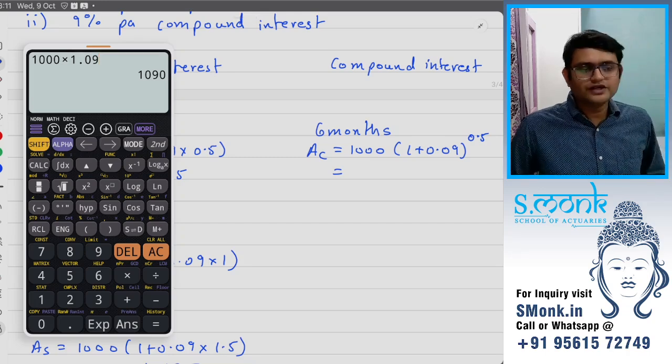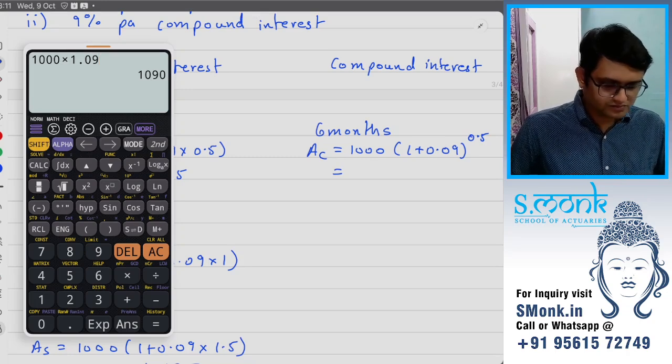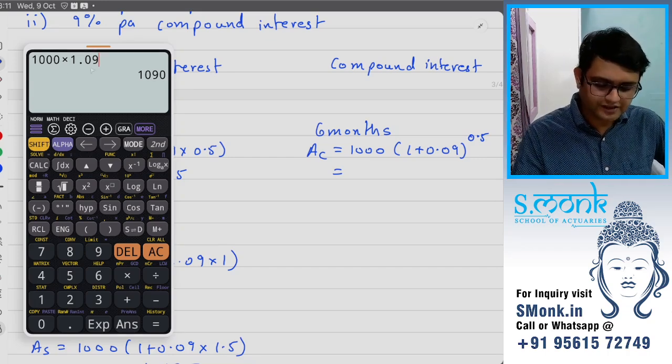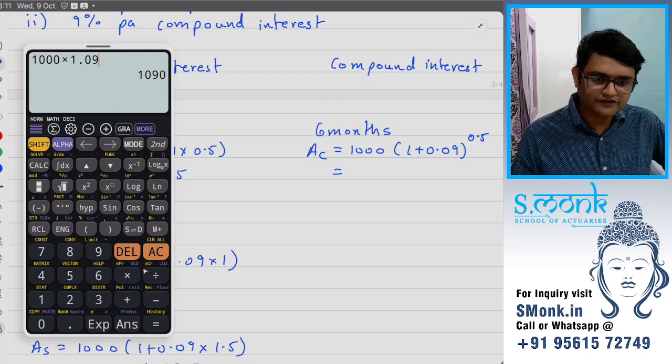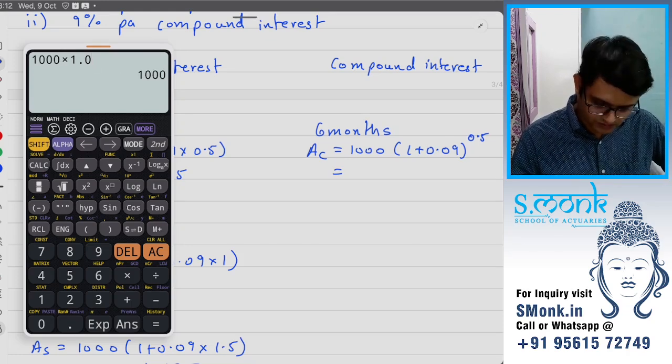Now see, in our calculator we'll be using scientific calculators. I'll talk about which calculator and stuff, but right now, in this calculator we can make complicated equations directly in one single line. So you can see we have our normal numbers here, we have our addition, subtraction, multiplication, division, but we have some special keys here. This will help us make fractions. This will be root, cube root and other stuff.